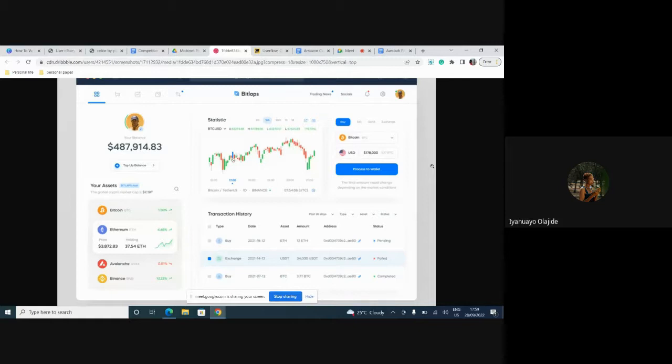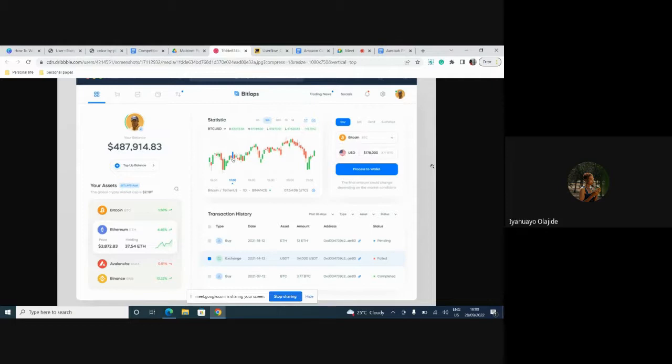You can also change the peer-to-peer coin. Let me just put BTC and USD. You can change it to other ones and also check their price action. Then there's transaction history, which lets you see what you bought. You can even see the wallet addresses, the status of the transaction, the amount of what you bought. You can see the assets you bought, the date. Everything is documented there. So that's like a mini receipt, and it's really accessible.